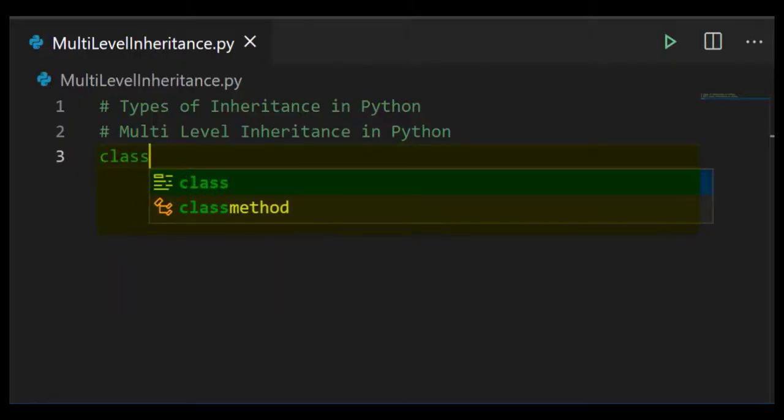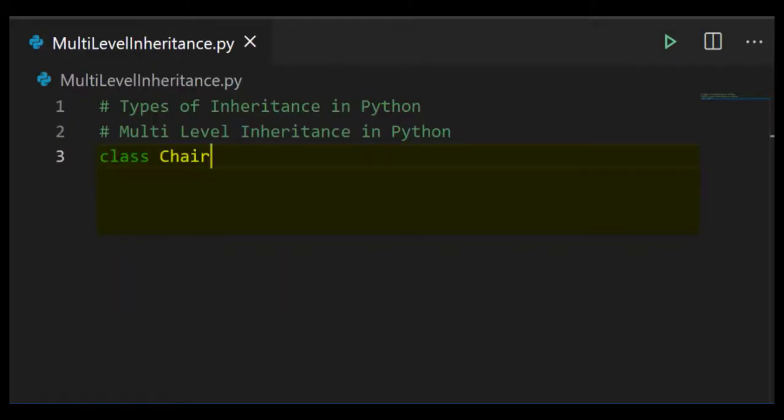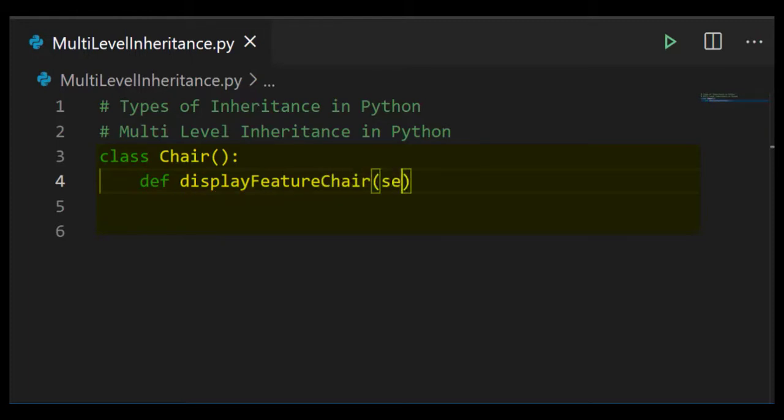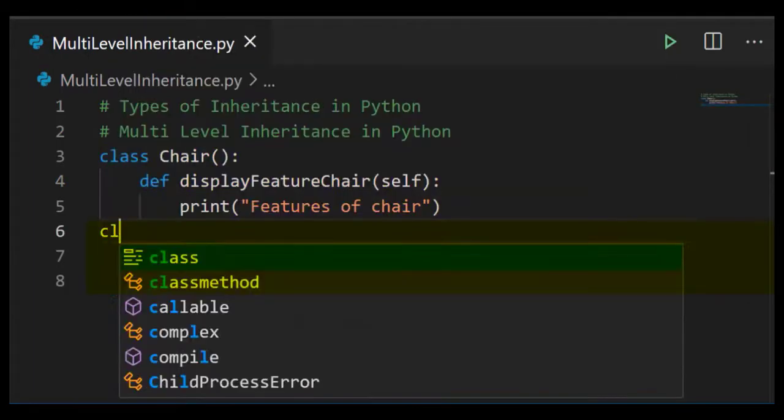Create a class called chair, then define a method called display feature chair method with self keyword, and write one print function, and create a class called